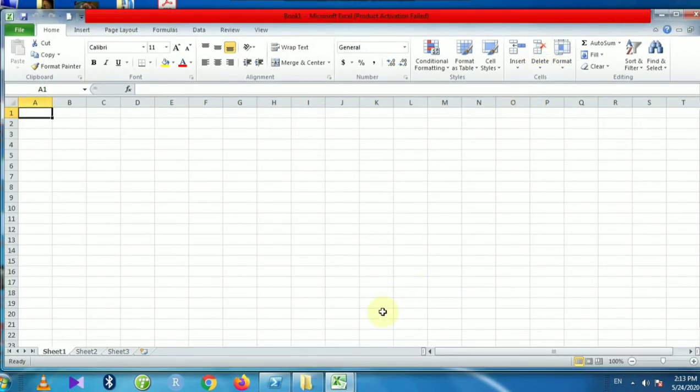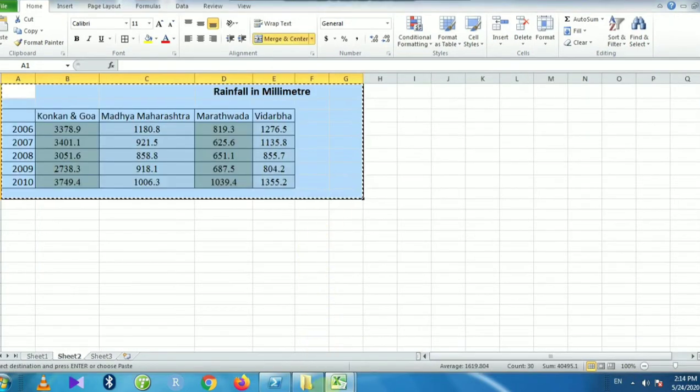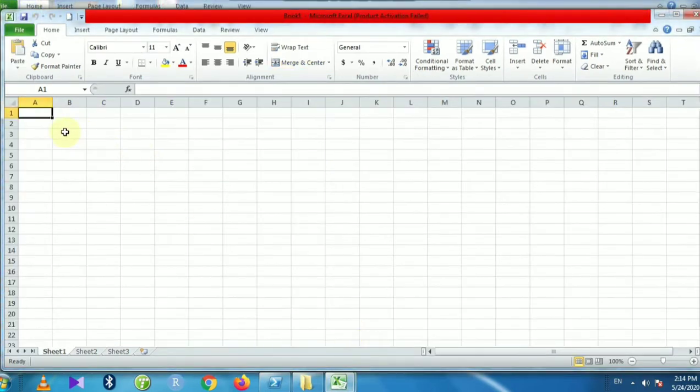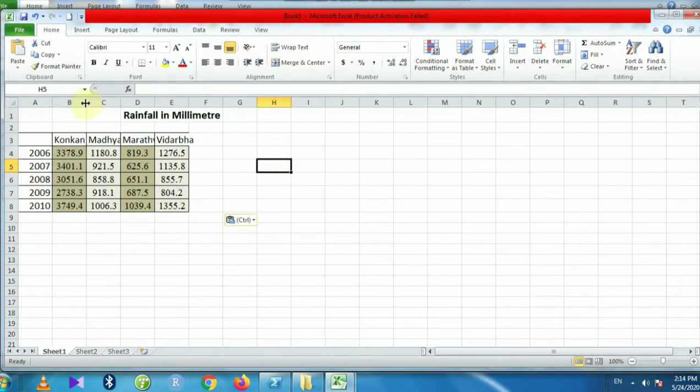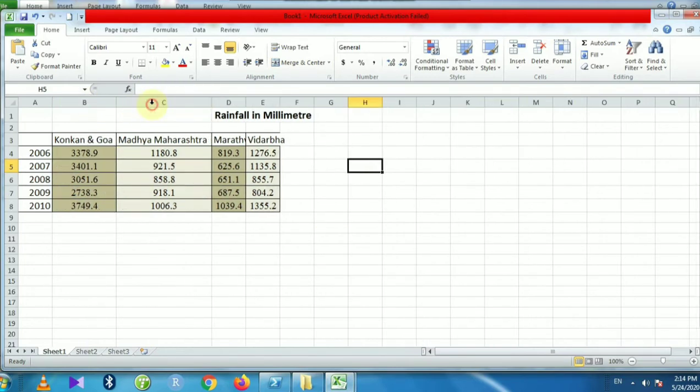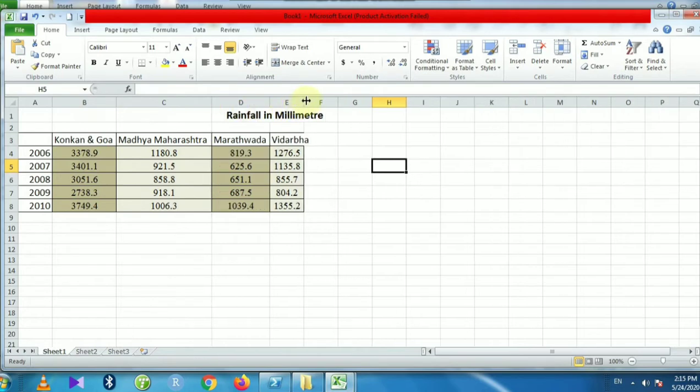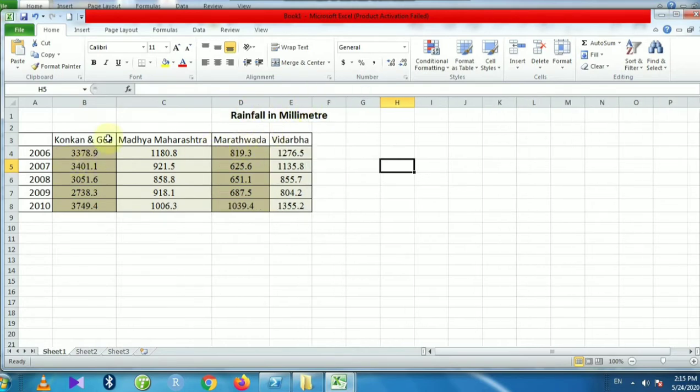To insert the line chart, first we have to enter the data of which we want to draw the line chart. So here I will consider the data which I have entered already. So I will select the data from the another sheet, copy that data and paste in the required sheet. So this is the data of which I am going to draw the line chart. I will adjust the column width so that values will be clearly visible.